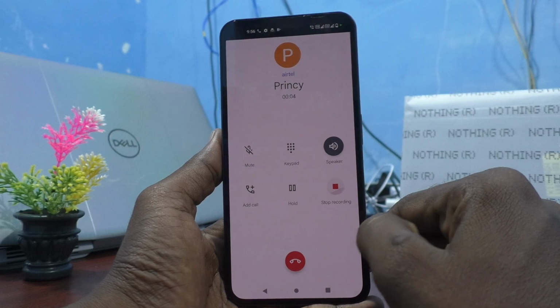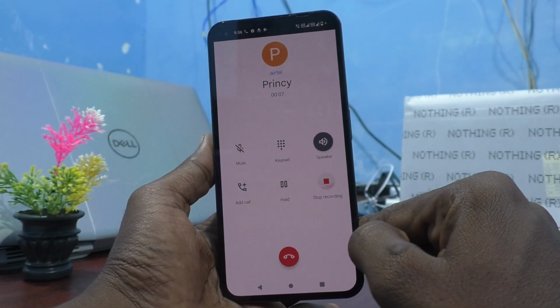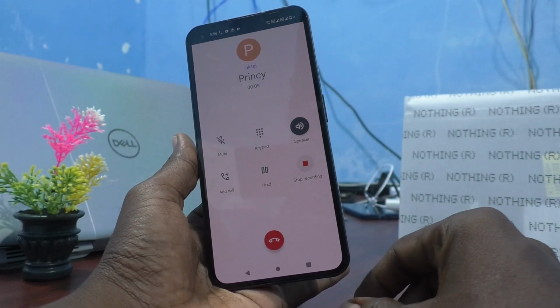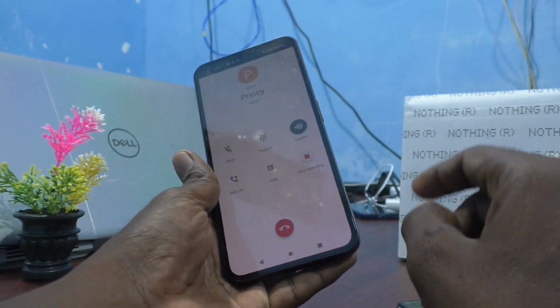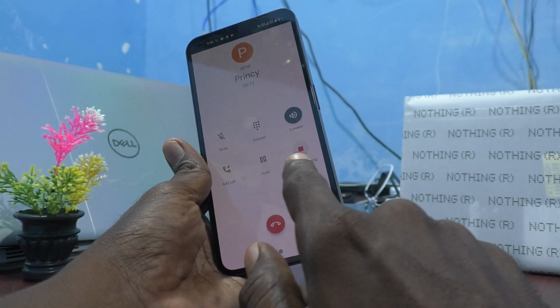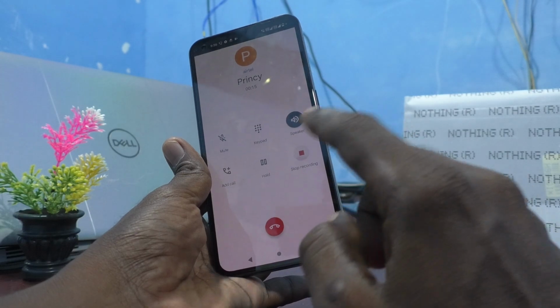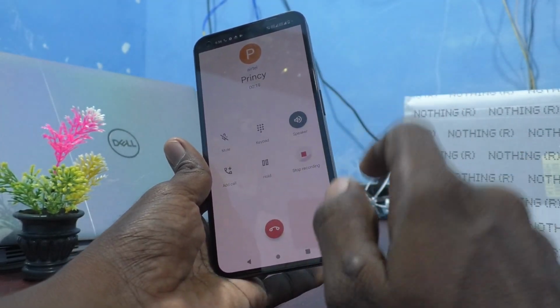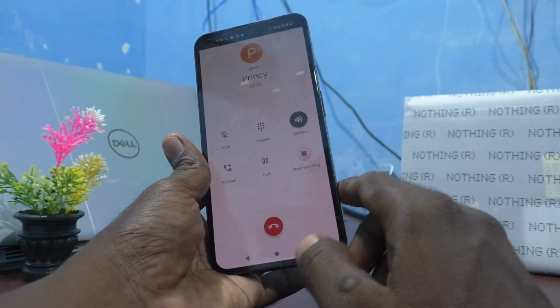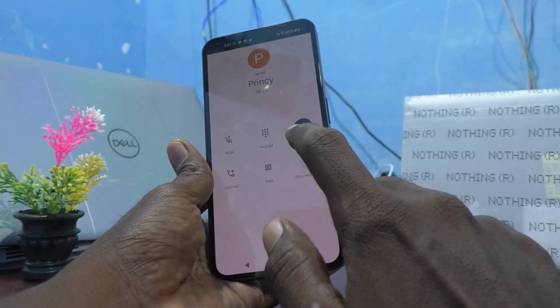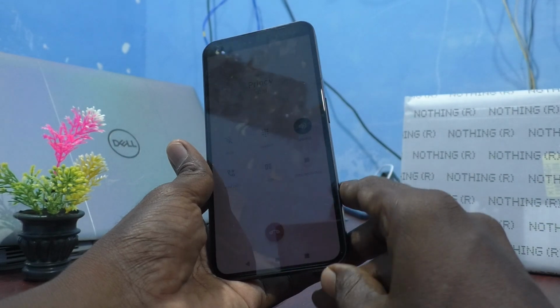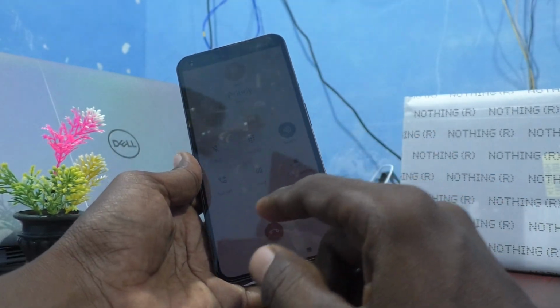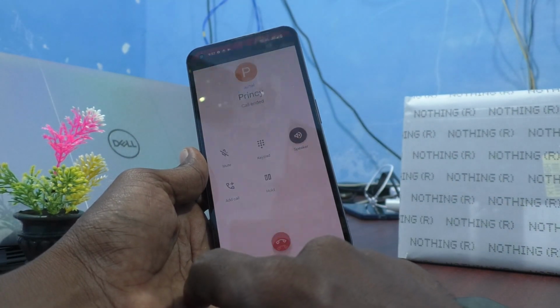Hello, hello, hello. Call recording checking. Thank you. Here also you will see stop recording. If you want to stop in between the call, just you can tap here and it will just stop. You can stop it now. Or if you go up to the end of the call, just end it and it